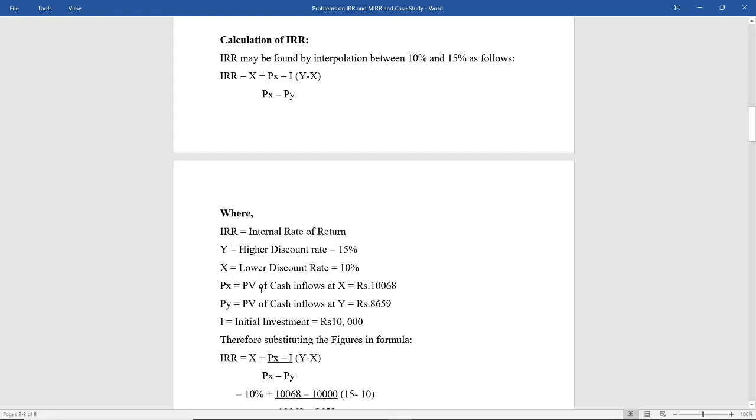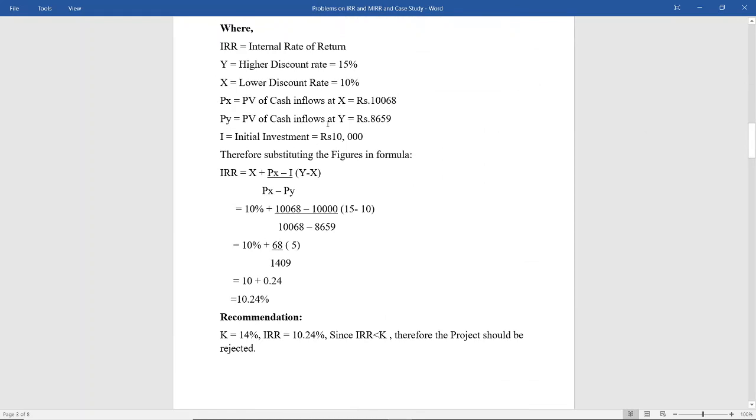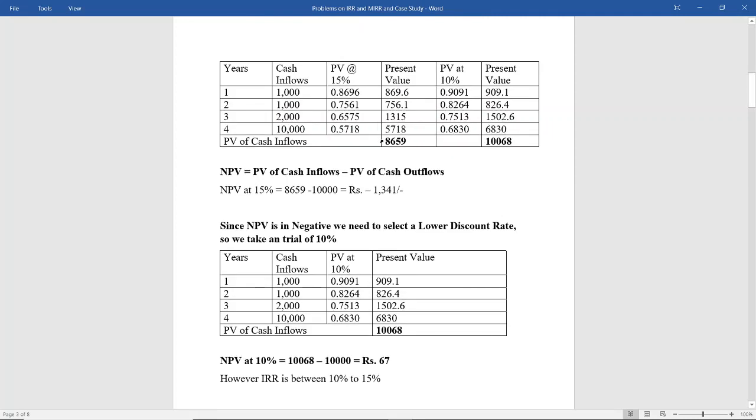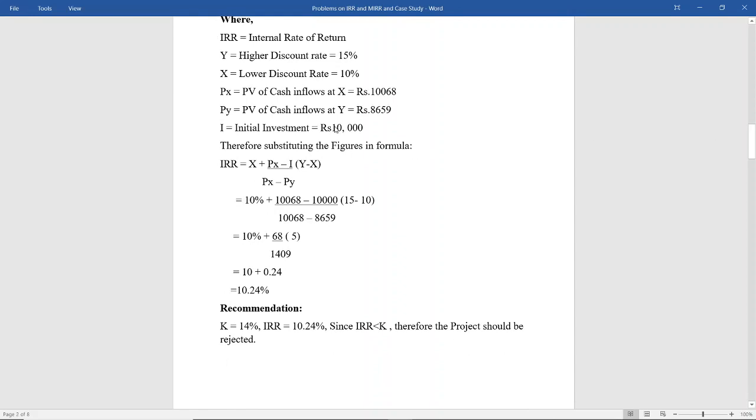Then PX is nothing but the PV of cash inflows at 10%. What is the PV of cash inflows at 10%? At 10%, the present value of cash inflows is 10,068, which we have taken here. PV of cash inflows at Y is 8659. Y is nothing but 15%. At 15% it is 8659. And the initial investment is 10,000. What I have done is just substituted all these figures into this formula and we got an IRR of 10.24%. Always remember, first solve the numerator, then solve the denominator, then divide the two, multiply with it, and then